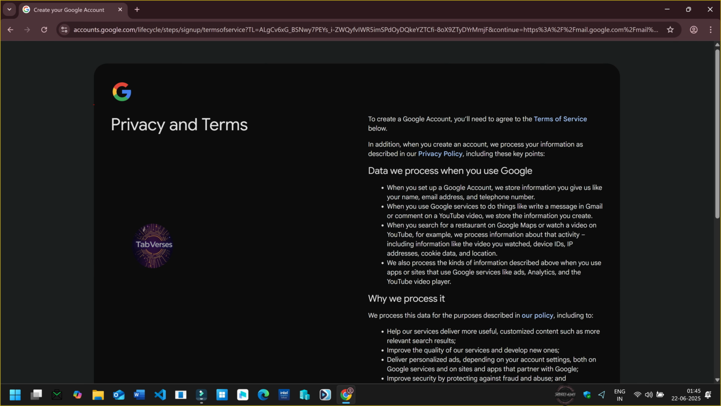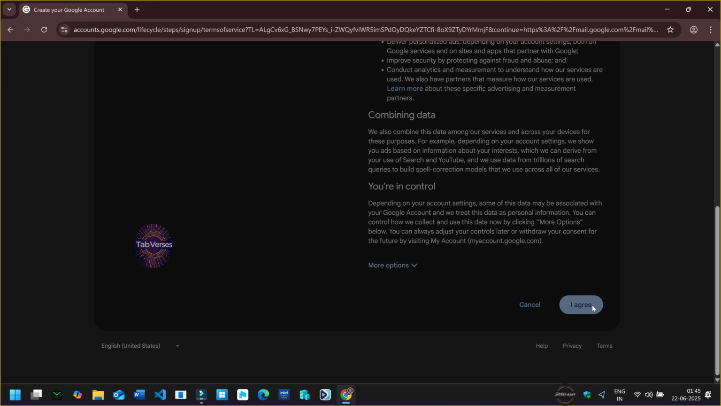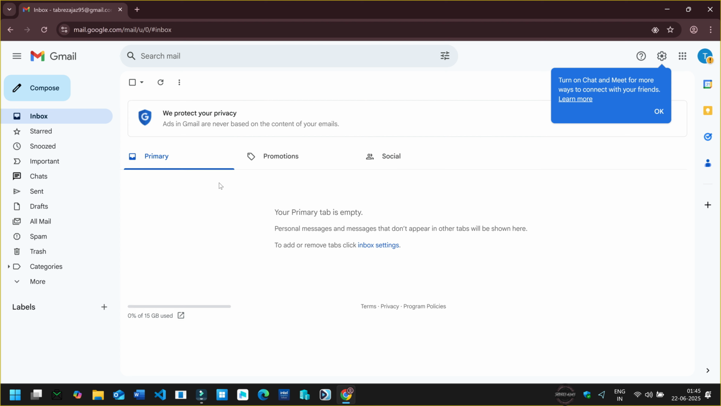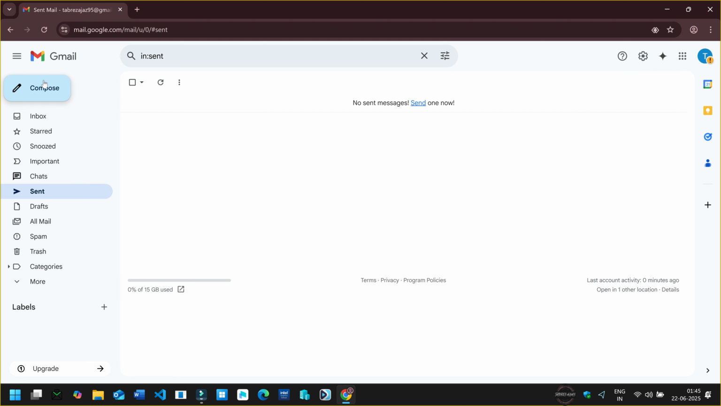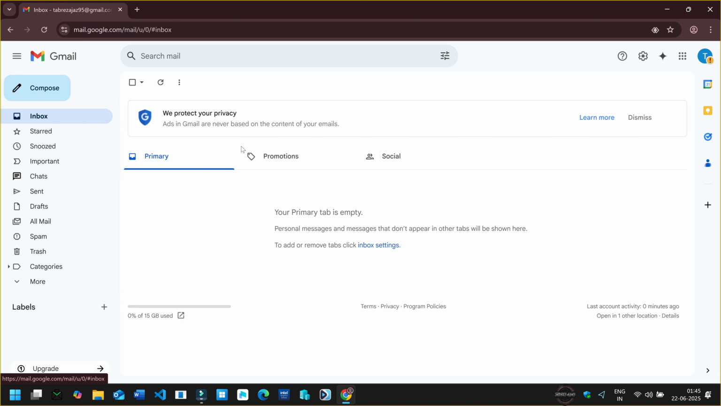Now, you'll see Google's privacy and terms. Scroll down and click on I agree. That's it. You'll now be taken to your brand new Gmail inbox. From here, you can send emails, receive messages, and manage all your communication. All important emails will be available right here on this Gmail website. So, that's how easy it is to create a Gmail account using any